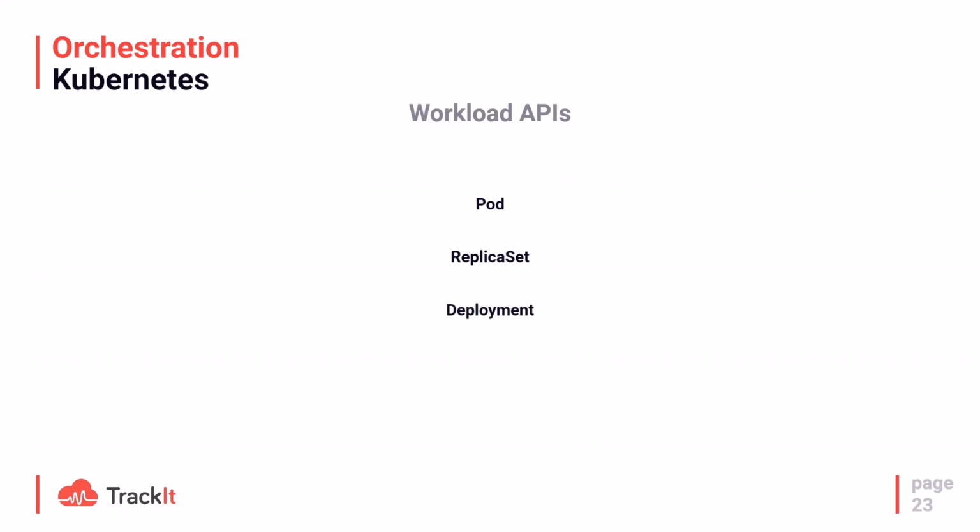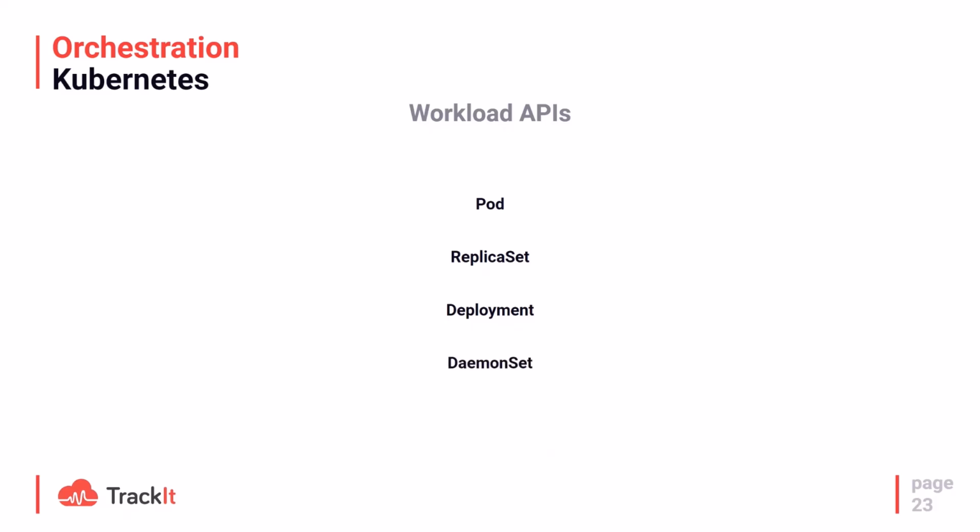The deployment is most probably the one you're going to see the most. The deployment is going to manage the replica set for you. At least I've never seen otherwise, but you are very unlikely to create a replica set directly. You always create a deployment, and the deployment creates the replica sets, and the replica set creates the pods for you. So that's kind of a chain, but that's how it works generally.